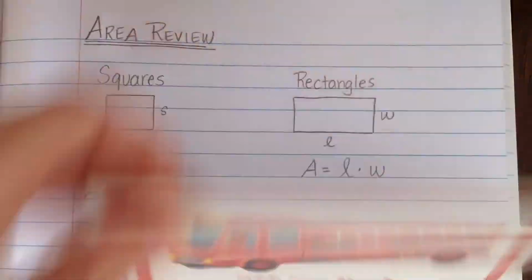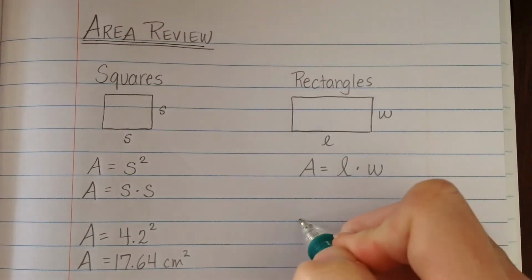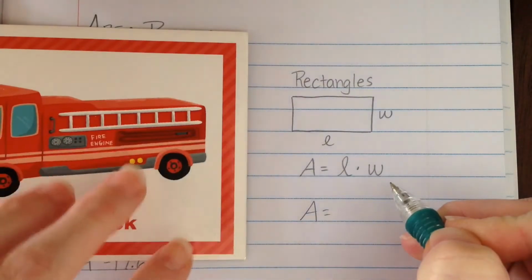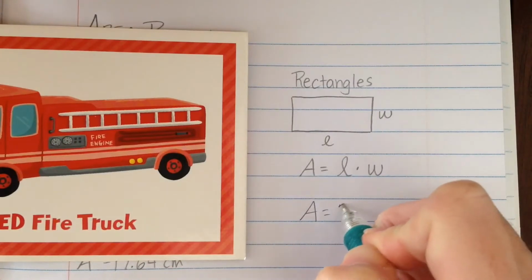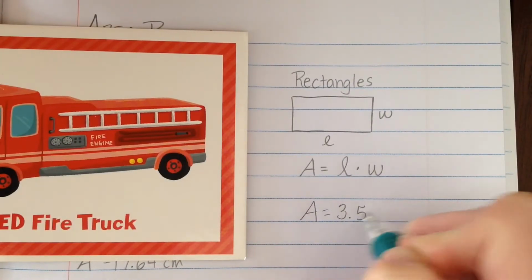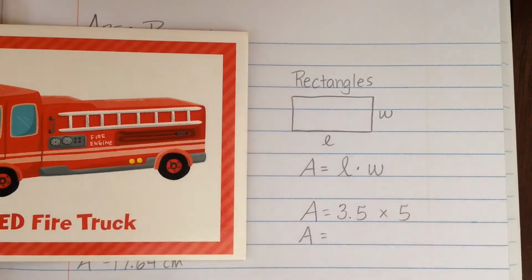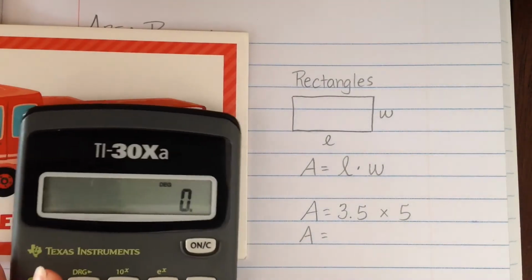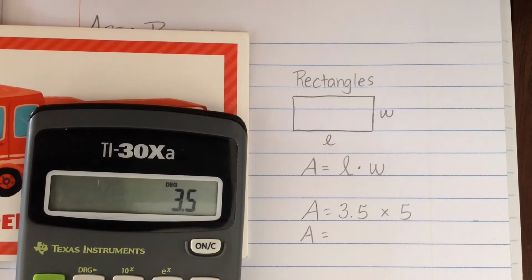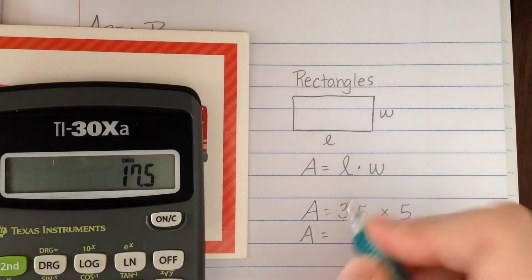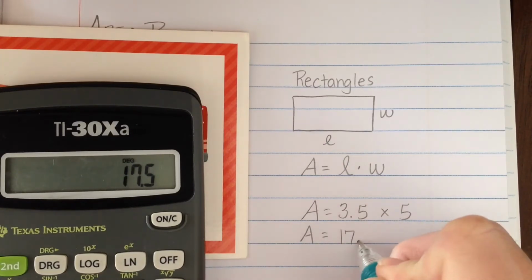So for the area of the fire truck card, I'm going to do 3.5 times 5. Let's do that in a calculator. And remember, this was inches. So 3.5 times 5, and I get 17.5